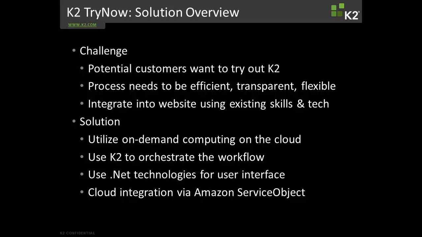The process to set their machine up obviously had to be efficient, transparent, and very flexible because it needed to cater for a variety of different situations. And we didn't want the customer to have to wait too long for a machine to be available for them. And of course, we had to integrate it into our website and our own internal infrastructure using existing skills and